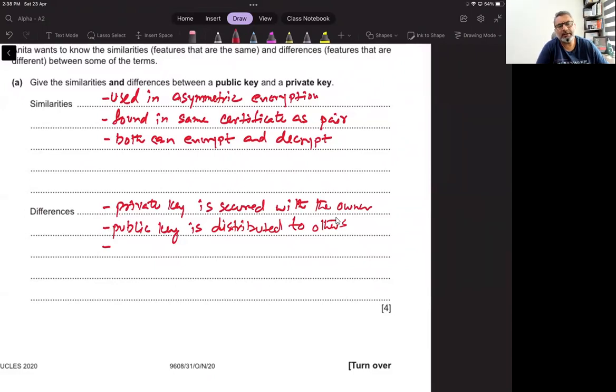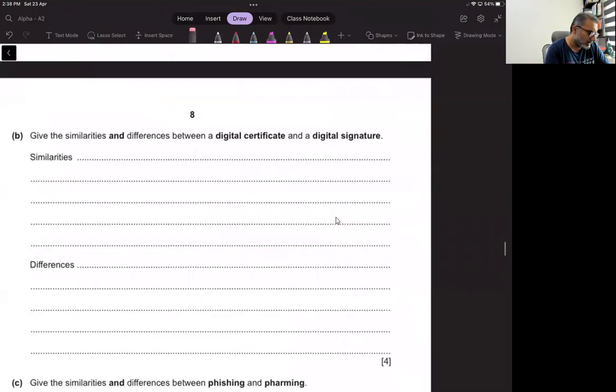Otherwise, you can say that public keys are used to encrypt. When public keys are used to encrypt, only private keys can decrypt. All right. But that's not necessary. I don't think it is necessary over here. So give the similarities and differences between digital